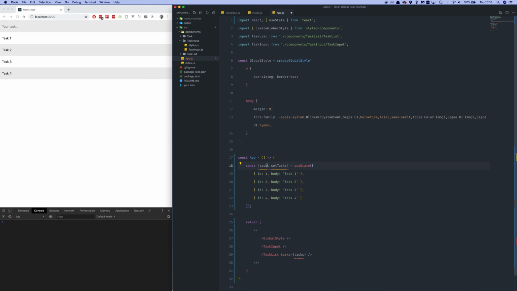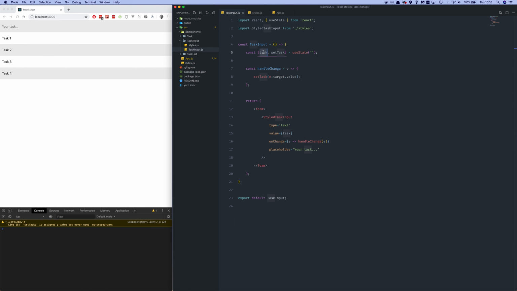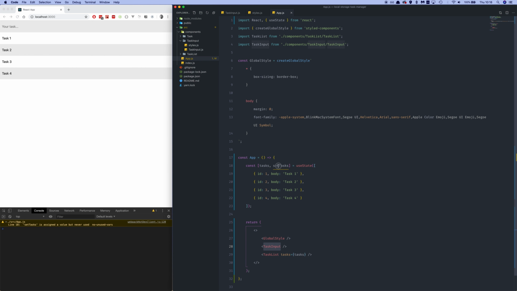So I'll actually call this tasks. So what we need to do now is we need a way to pass this set tasks function down into our task input, so that through task input we can give that function our current task state, the task that the user has just typed into our input field, and then pass it back up so that we can update